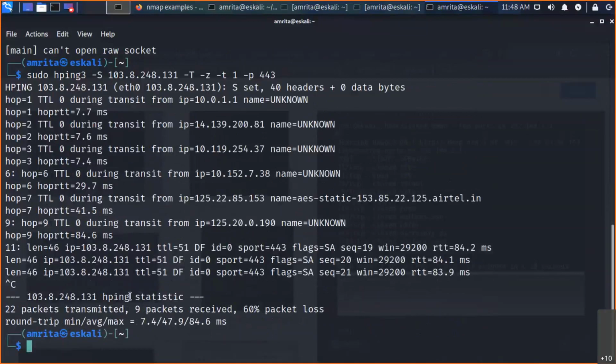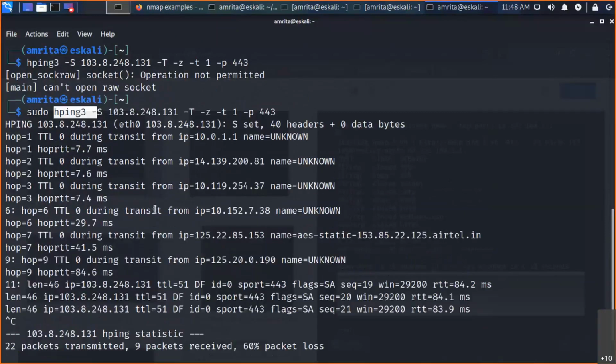See, at the 11th hop we have got the SA, SYN-ACK flag. We were running the traceroute command through hping3. That means it is 11 hops away from my router. And as I told, the TTL value is 64 for a Linux system. Here it is 51, so yes, it is reaching up to 64.